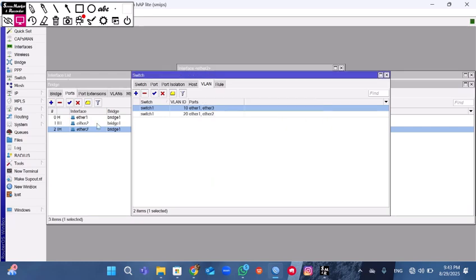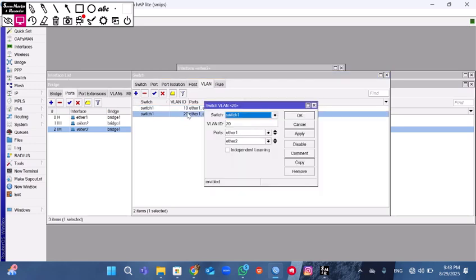How about Ether 2? This is the same trick as before. Ether 1 trunks to Ether 2.